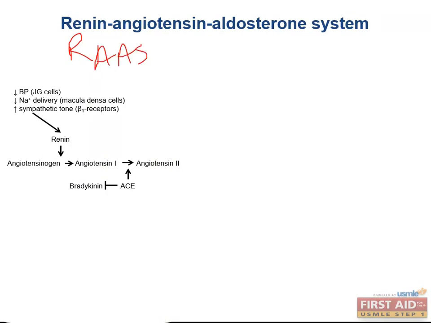Note the order of the hormones, renin, angiotensin, aldosterone, because this is also the order of the pathway. Since the kidney is trying to maintain the blood pressure at a normal range, any deviation from this normal range will cause a change in RAAS. Things like a decrease in blood pressure, reduced delivery of sodium to the macula densa cells in the distal tubule, which is also a consequence of decreased blood pressure, or increased sympathetic tone will lead to an increase in the